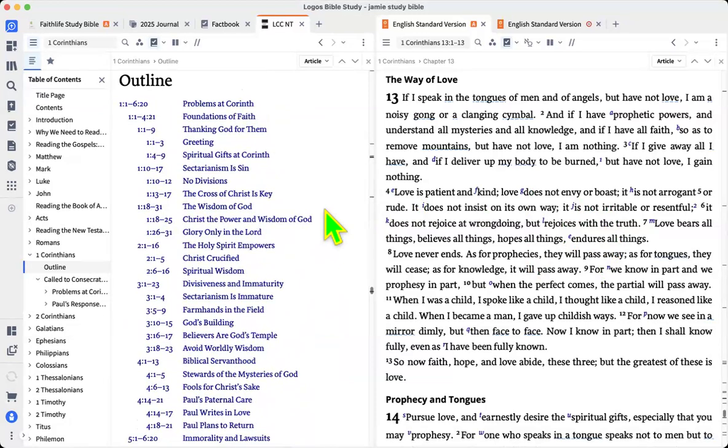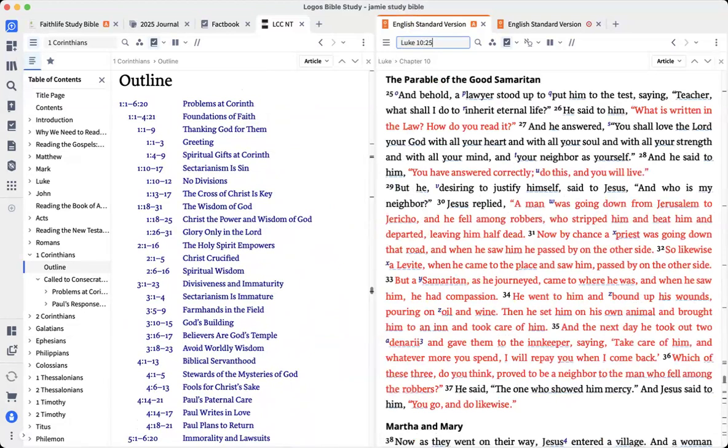So that's literary context. The third and final context that I want you to be thinking about. So we've talked about historical context and literary context. The third one is social context. I'm going to go to Luke chapter 10, verse 25. It's the parable of the Good Samaritan. Now, to illustrate the importance of social context,